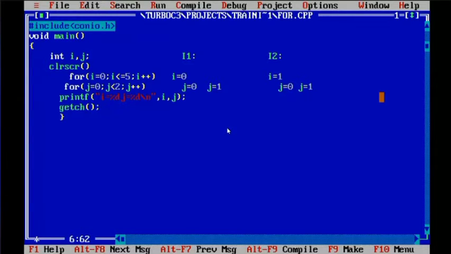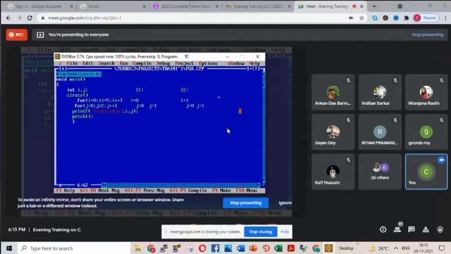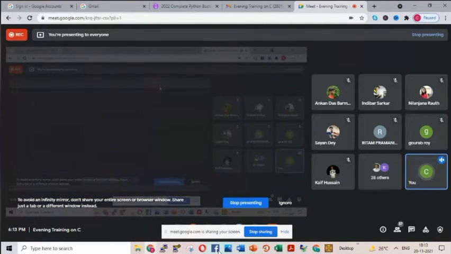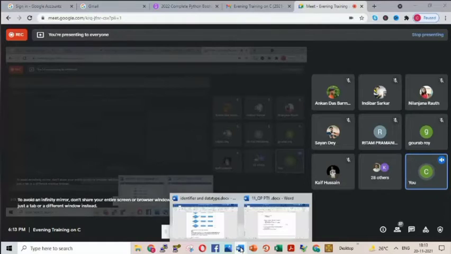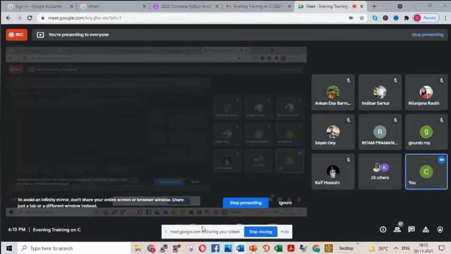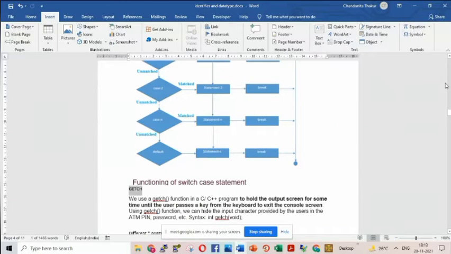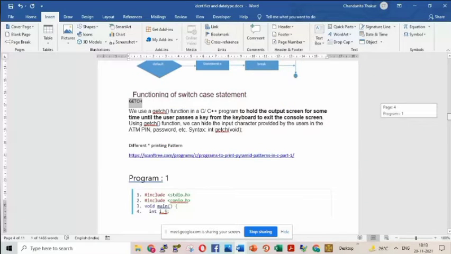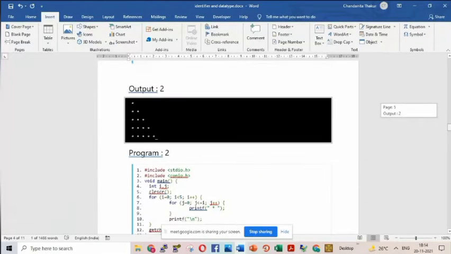Like star series. I will give you a link, or I will show you what you can do by using this. So let us have a glance at how we can do it. See what kind of problems we will be asked to do using for loop.